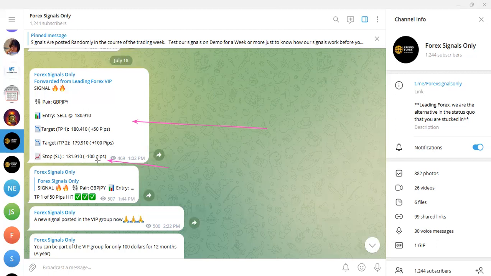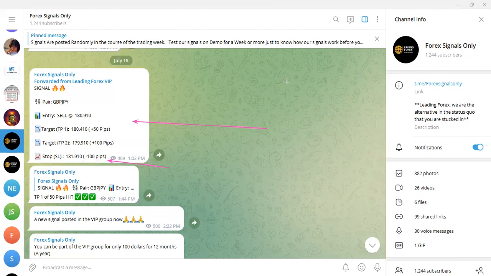And because of that, I am going to take you to a tool. This tool will help you to be able to choose the right lot size for any signal that you will see on my channel or any other channel that maybe you have joined. Any signal that will come your way or any analysis you may do yourself and will want to take a trade, what I'm going to show you now will help you to choose the right lot size depending on your account size. Is that okay?